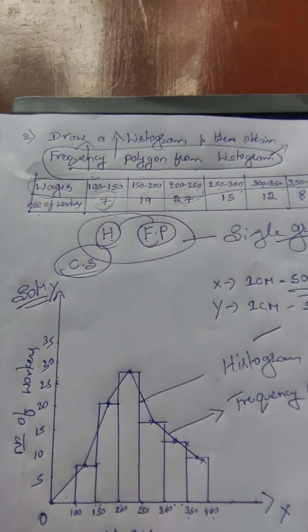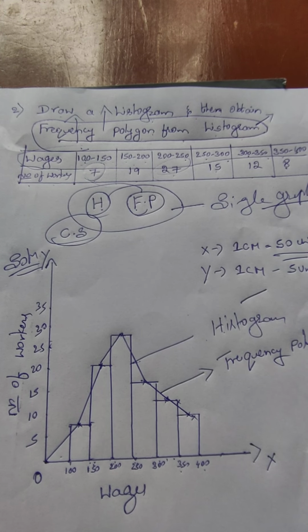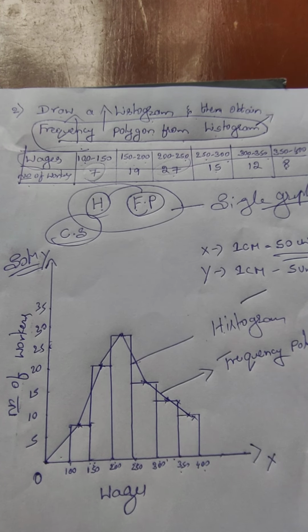Okay students, I think all are understood. In the previous video we solved how to draw a frequency polygon based on a discrete frequency distribution. In this video we solved the frequency polygon and also the histogram in the form of a continuous frequency distribution. In the next video we are going to solve how to draw a frequency curve. The histogram is the base for the frequency polygon and frequency curve. When we have identified the histogram, it's very easy to draw a frequency polygon and frequency curve.